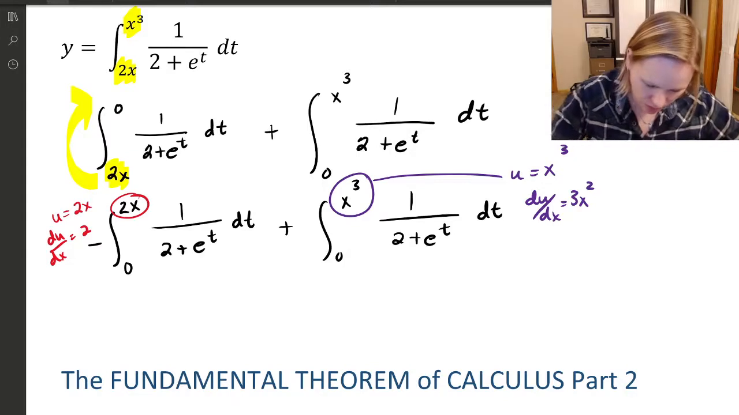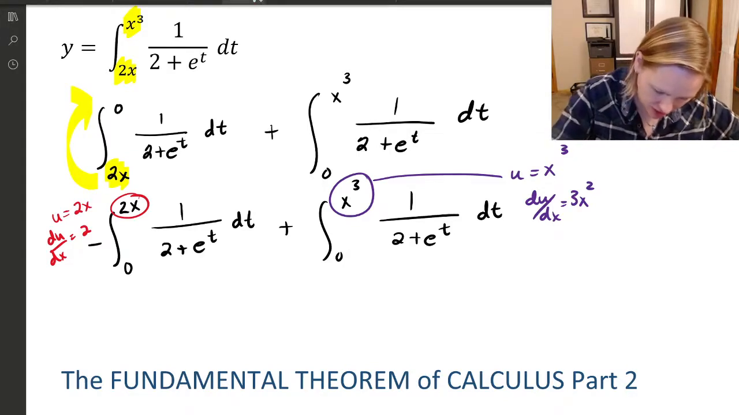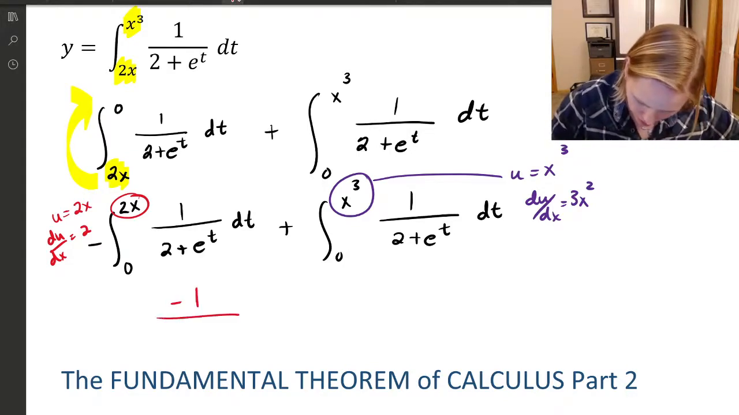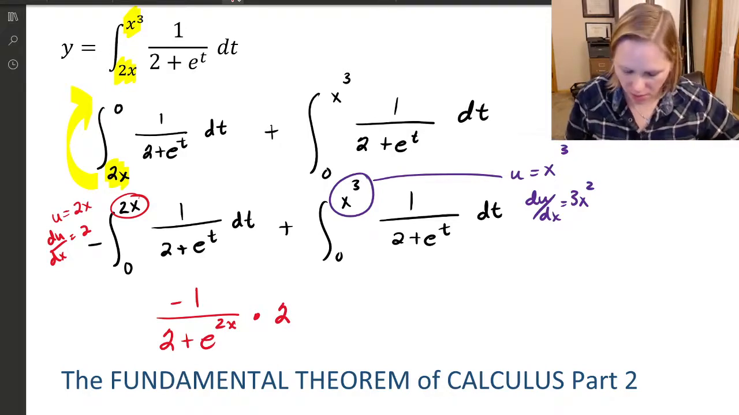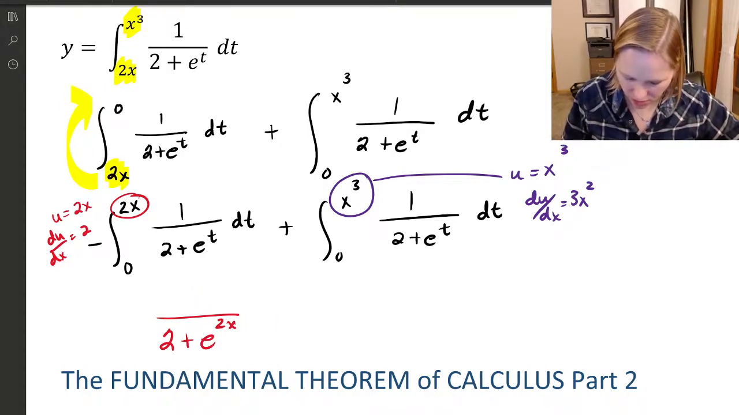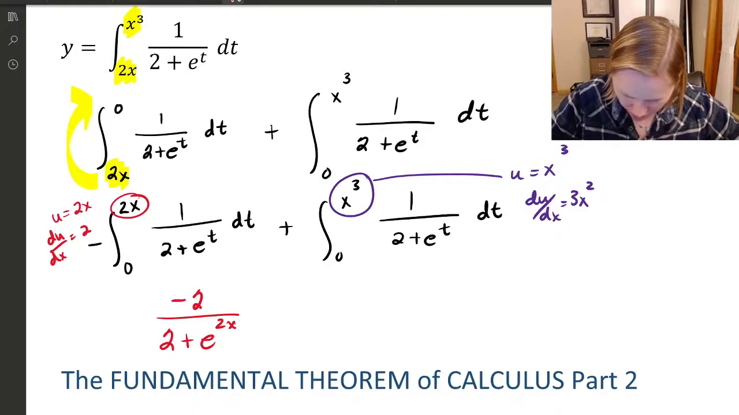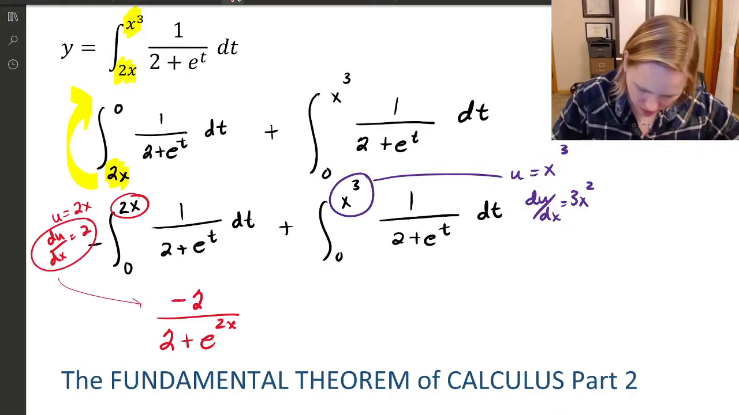So let's go ahead. We're just going to keep that negative sign there. So I'm going to have negative 1. I'm going to rewrite it with a 2x: 2 plus e to the 2x, times 2. So now I can clean that up, right? My negative 1 times 2, I'm going to write as negative 2. So here's my du/dx, multiplied in there,